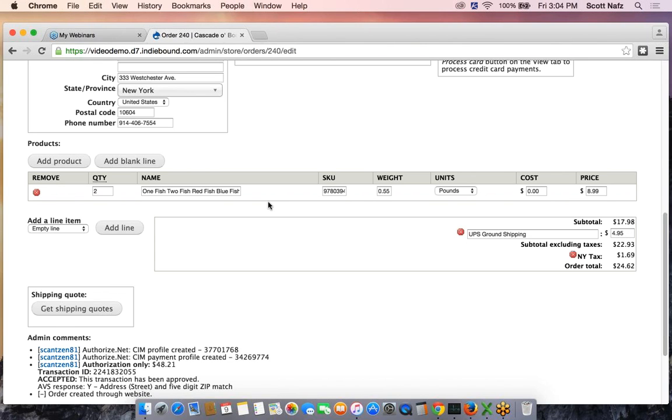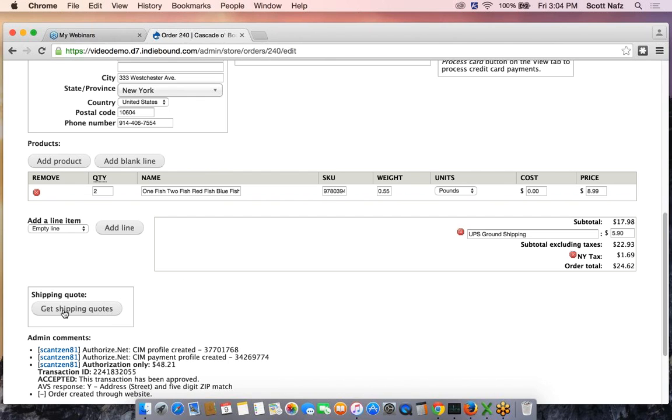In my case, if customers are ordering only one book, it'll cost them $4.95 for shipping. But if they add another book, there's 2 books in the order, it should add another 95 cents, and it should be $5.90. Now, of course, I can backspace over, and I can put $5.90. But if I've been adding some books, and I've been removing some books, and I've even changed my shipping rates in the meantime, and I sort of forgot where I was, all I need to do is come down here